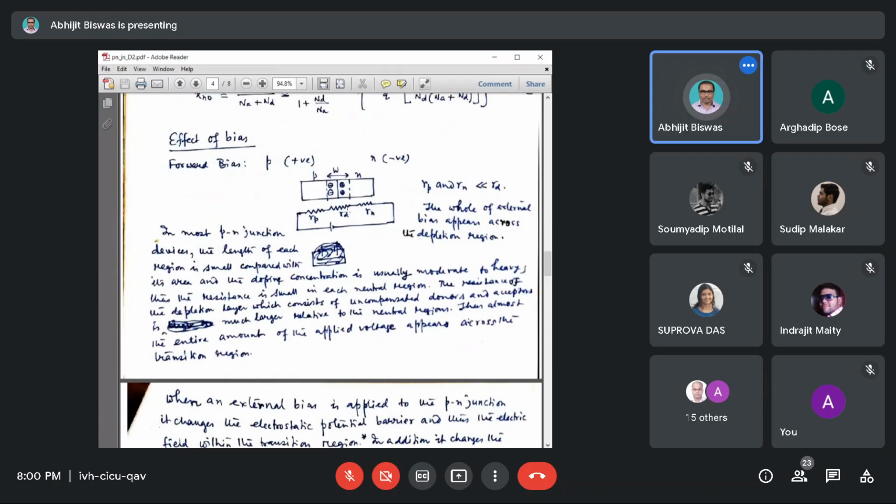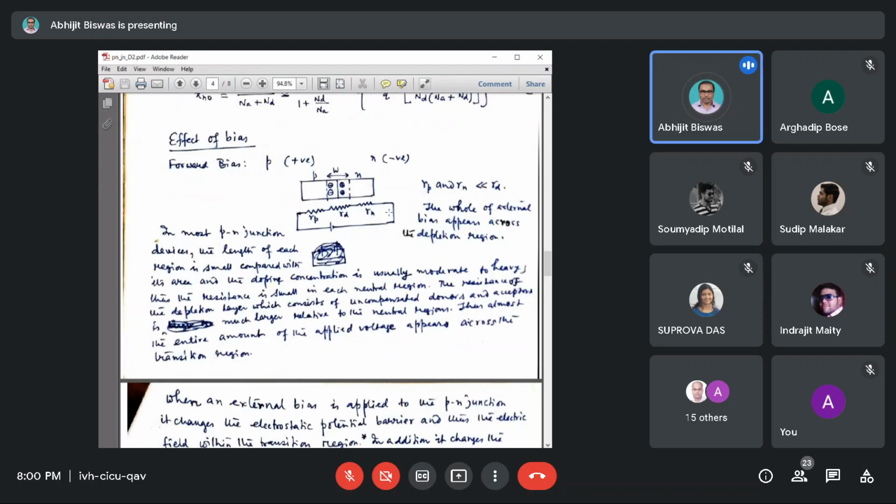So here my purpose is to see, if we apply a forward bias, where within this semiconducting region the bias actually appears. We can divide this entire PN junction diode into 3 different regions. One is the neutral P region. Next is the depletion region, and then on the right hand side the neutral N region. In both neutral P and N regions, they offer very low resistance because of the plenty of carriers.